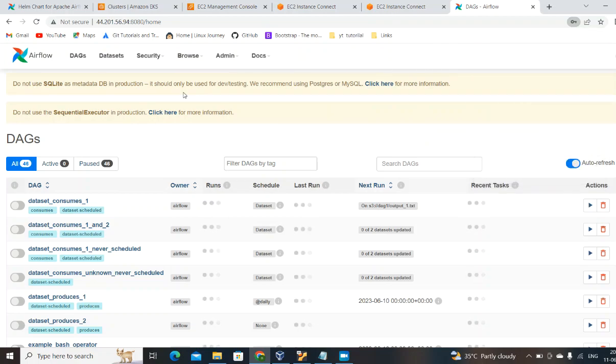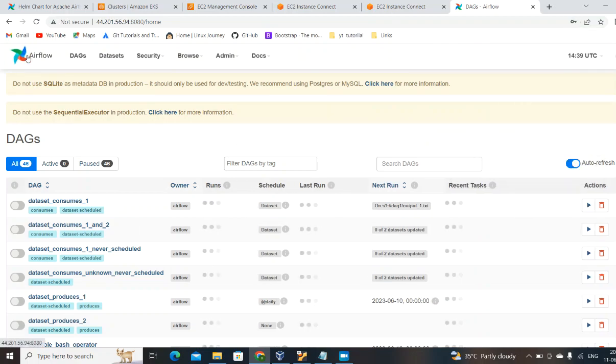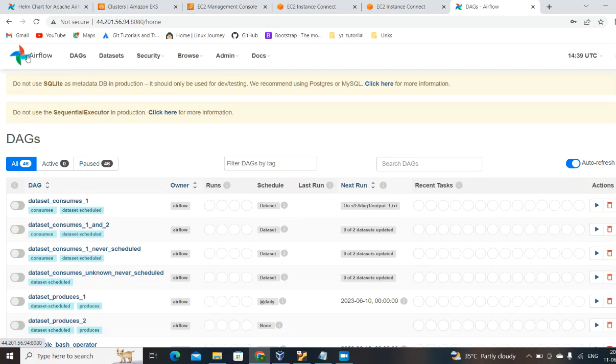And if you look at what we are seeing here, we are ready with our Airflow setup on the Ubuntu machine. Here it's giving us some warnings that you are using SQLite, which is not recommended in production. Here I want to say something. We will see installation on Helm after that. But if you want to see the deployment requirements and the production ready deployment setup,